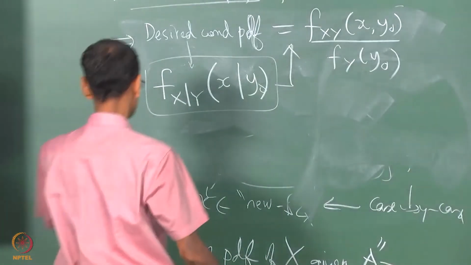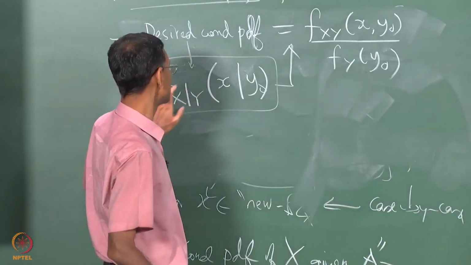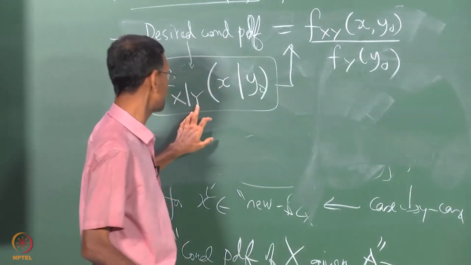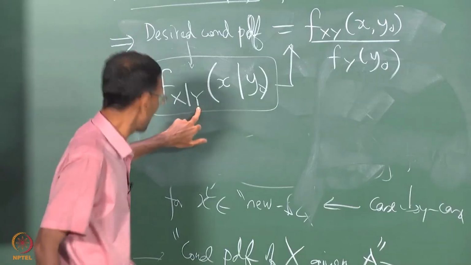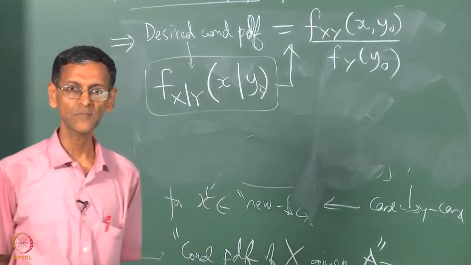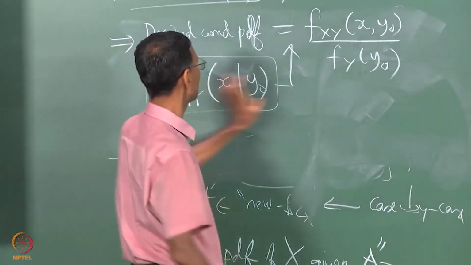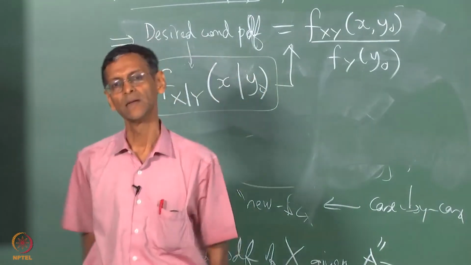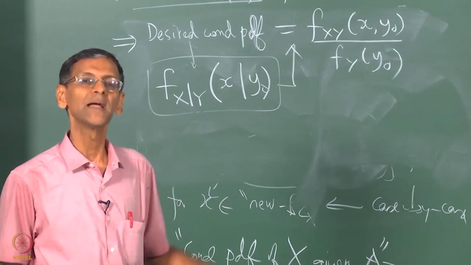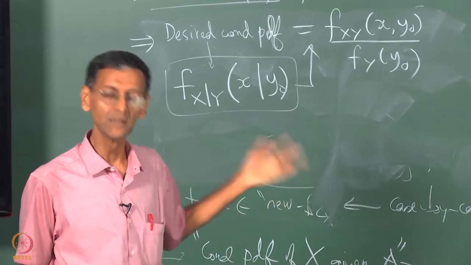It means that this whole thing is a conditional PDF assuming some given value of y. What value of y? That value of y is put here. So this becomes in general a PDF parameterized by the number y naught. Y naught will become a parameter, a constant for the PDF itself,